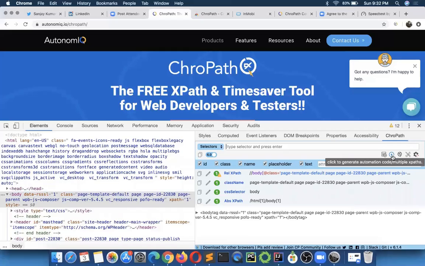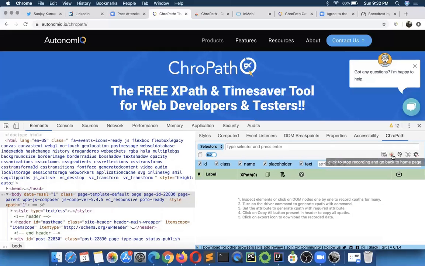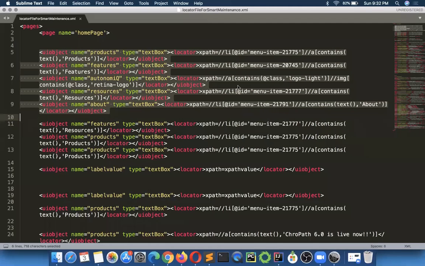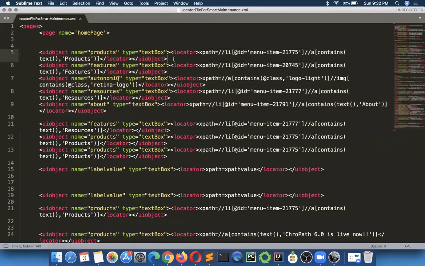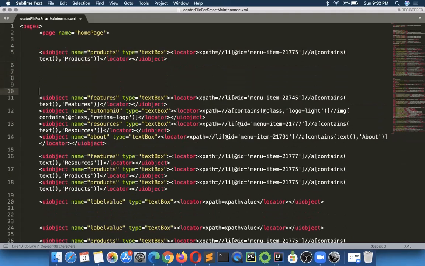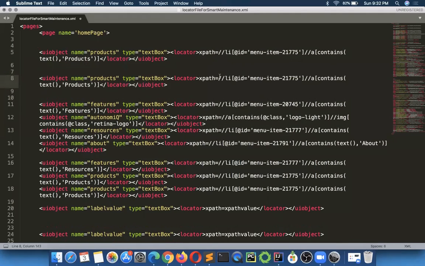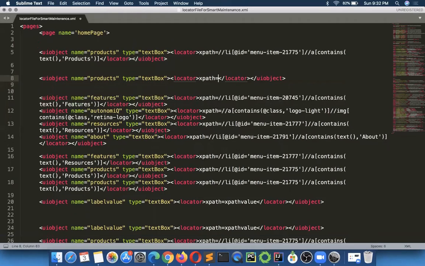There's a record feature here, record multiple selectors. Click on this. Then there's an append command, set driver command. Turn on this. Whatever is your command here, you have to just replace the XPath with XPath value. Wherever the XPath you have written in this command, you see, here is my XPath I have written. I will replace this with XPath value, and this is just a one-time setup. You will not have to do it again and again. And wherever you have given the keyword or label name for your XPath, replace that with label value.